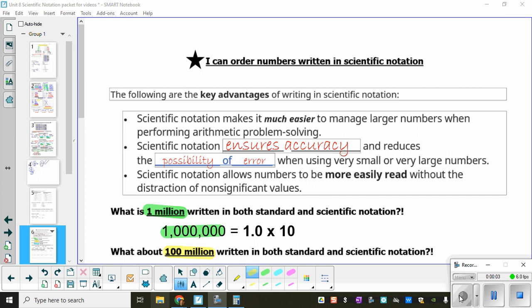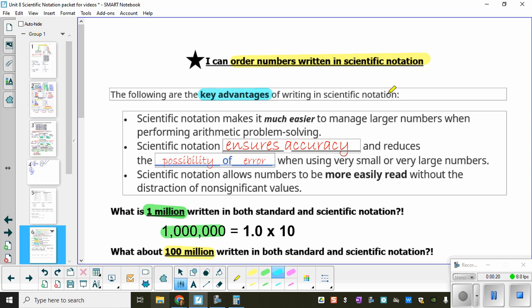Hey everybody, welcome to today's video where we're going to be looking at how to order our numbers that are written in scientific notation. In the past class, we've talked about how to convert between scientific notation and standard form. And so here in this video, we'll get started just reviewing a few of the key advantages of writing our